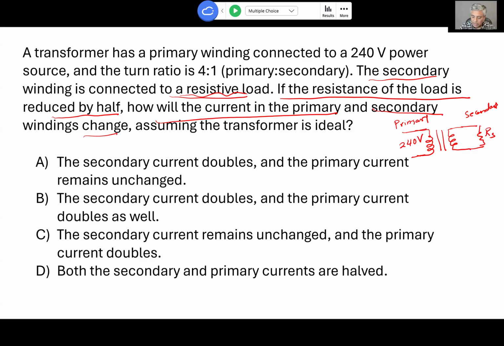So the resistor is on the secondary. So whatever current is in the secondary right now, when the resistance becomes half, remember what happens? For a given voltage, V is I times R. So when resistance becomes half for the same voltage, the current has to double. So current in the secondary doubles when resistance on the secondary becomes half. How about primary then? Now power has to remain the same on both sides. So looking at the current,